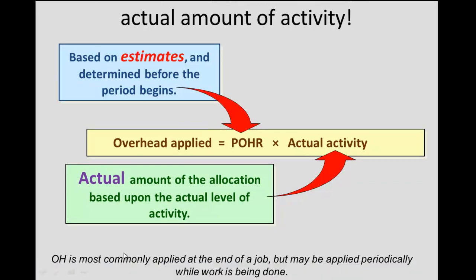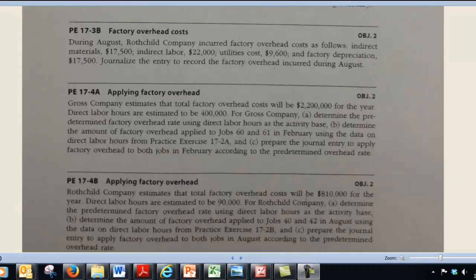And as you can see down here at the bottom, overhead is most commonly applied at the end of a job, but may be applied periodically while work is being done as well. So as you can see here, we're estimating overhead cost of $2,200,000 for the year, and we think that we're going to incur direct labor hours of about 400,000. So we're going to use this number in order to prepare the predetermined overhead rate and then apply it to